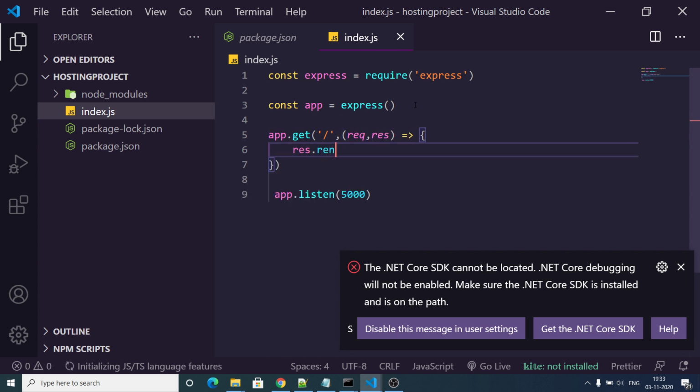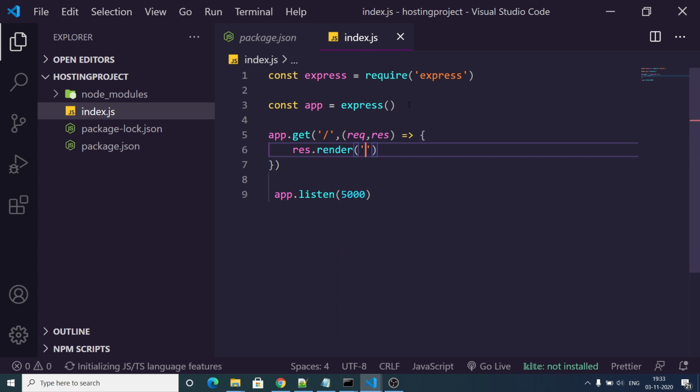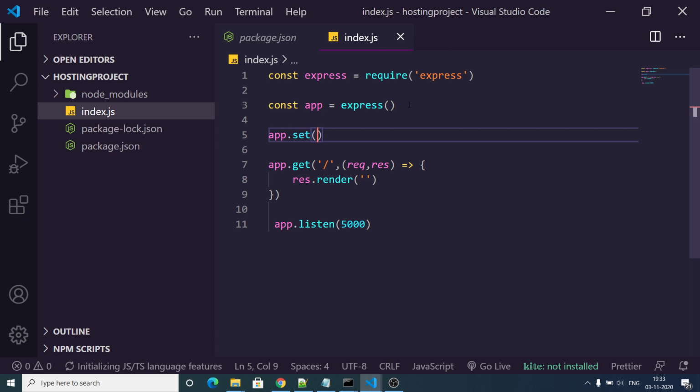load the template with response.render, because we are using EJS here. We can just set the view engine by app.set, and here we can pass view engine, and in the second argument we can pass EJS, the dependency that we installed.